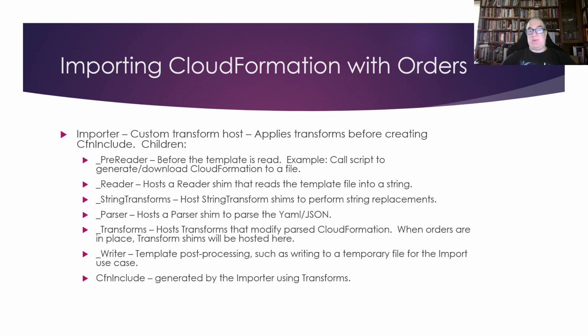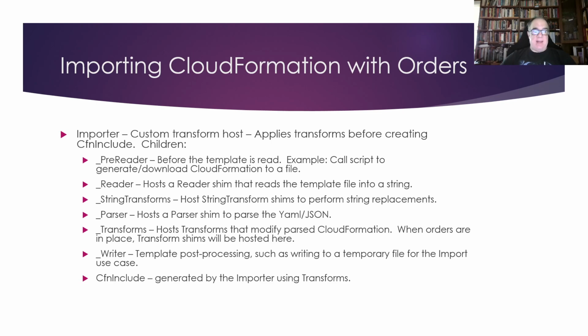Pre-reader transforms run before the template is read. A good example of this would be calling a script to generate a CloudFormation file, or calling out to curl to download a CloudFormation file. Then the reader runs, and that basically reads the template file into a string. Now that we have the template file as a string, this is a perfect opportunity for us to run string transforms, and then we can perform string replacements on the template. And then once that's done, we can